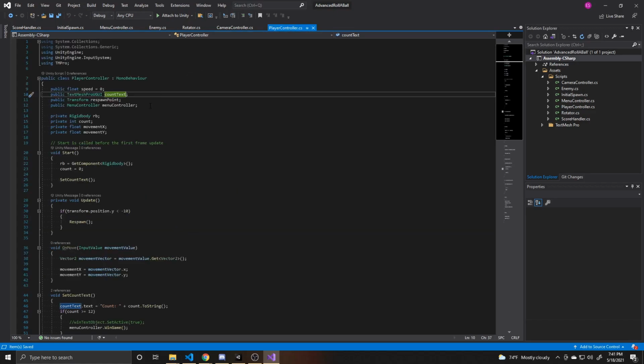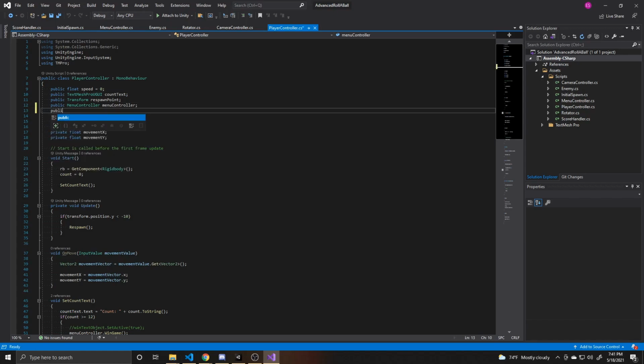And what we want to do is add a new variable to this as well. So this is going to be public, this is going to be an int, and this is going to be our player index. We're going to end up assigning this inside of our initial spawn script that we made in the previous video, so that way we can say which player is the index of 0 and which player is the index of 1. And then what we're also going to do is actually change these from public to private,